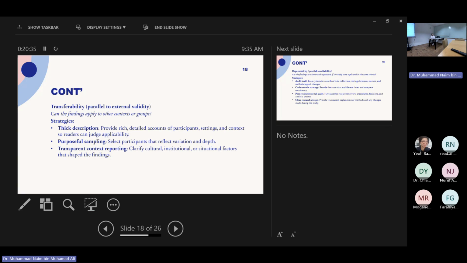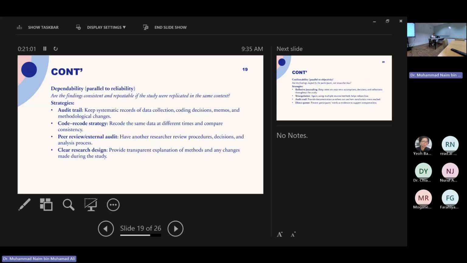For example, technology facilitated gender-based violence. Can this research be used for just gender-based violence instead of technology facilitated? If we remove technology out of the context of research, can you still use this method in a different group or different community?